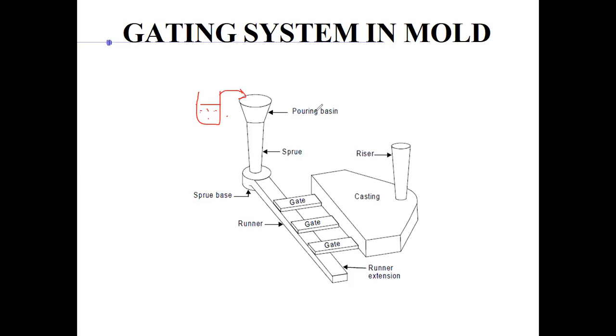So this pouring basin is so designed that this molten metal flows smoothly without causing much turbulence, because turbulence causes air to flow inside, right? And we don't want that. We only want the metal to flow inside, not along with air. Okay, so that is what the pouring basin is responsible for. It is responsible for feeding, and not just feeding it